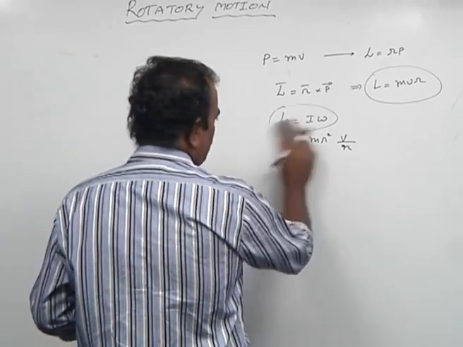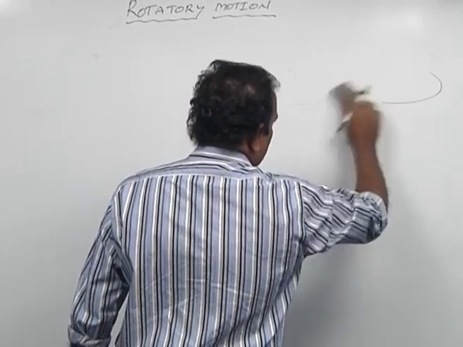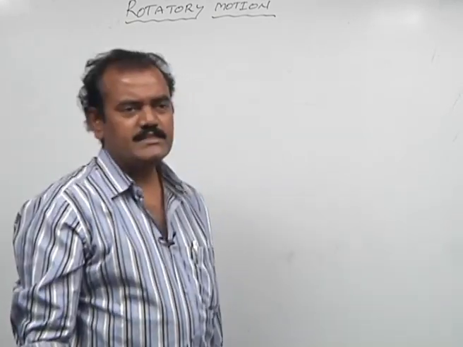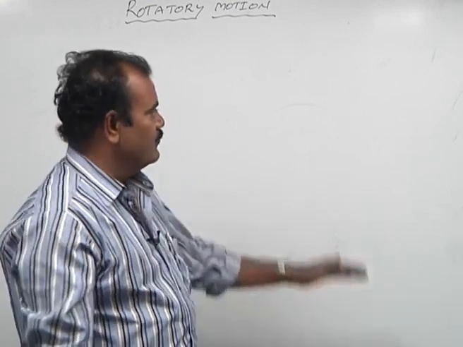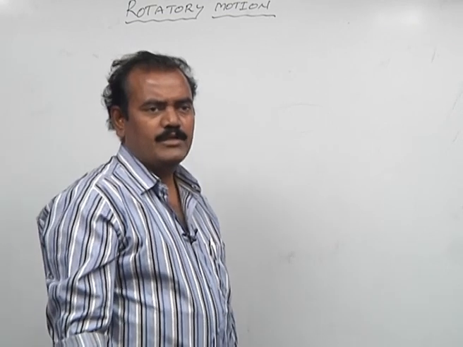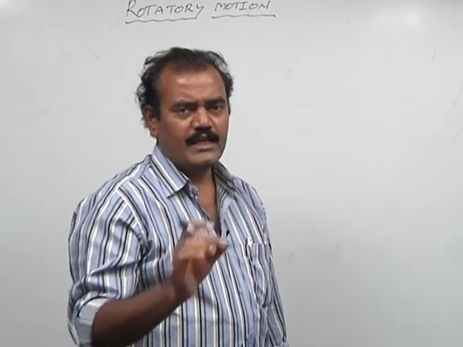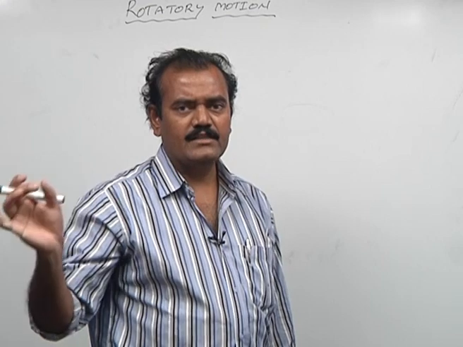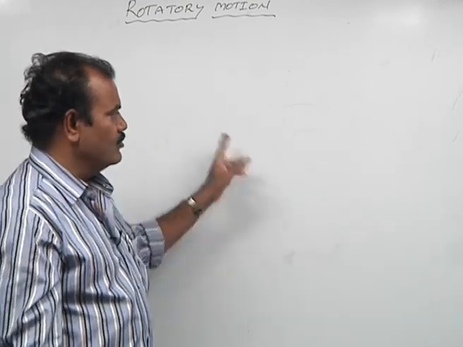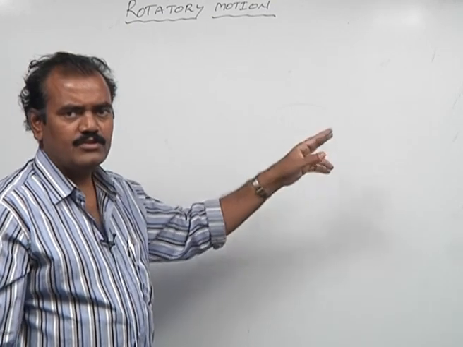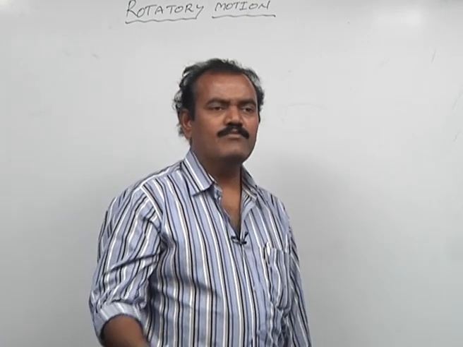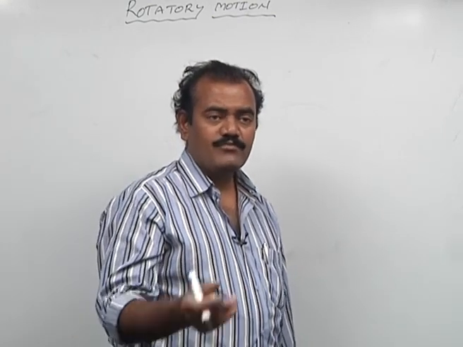Next after that is the moment of momentum, or the angular momentum. Now we are coming to a very important concept, the conservation of angular momentum. First of all, in the conservation of linear momentum, when there is no external force acting on that system, the total momentum before collision is equal to the total momentum after collision. That is, the total linear momentum will be conserved when there is no external force acting on the